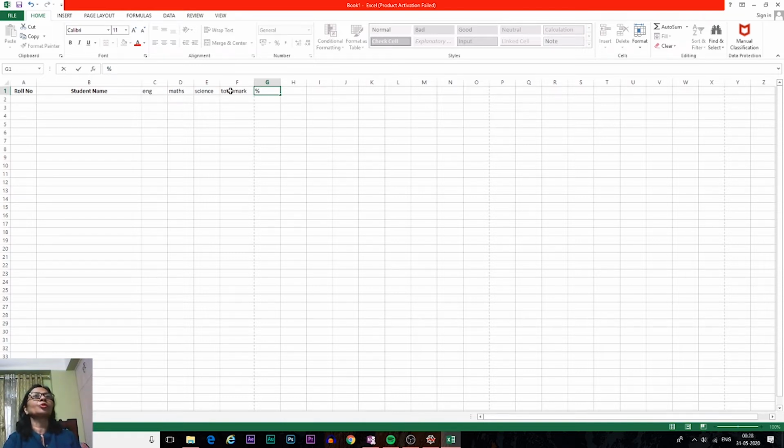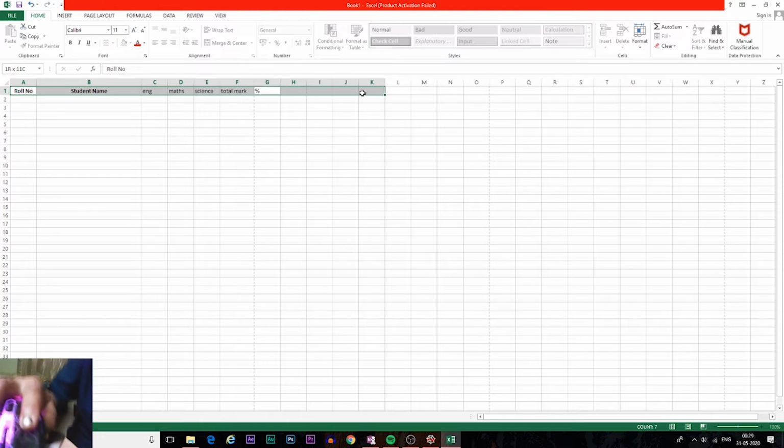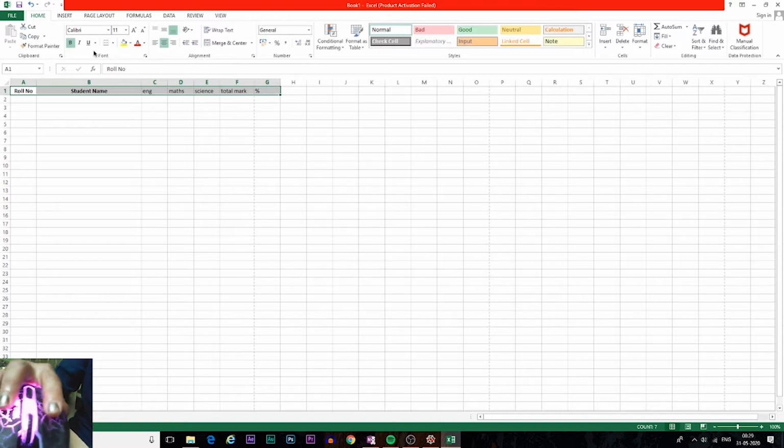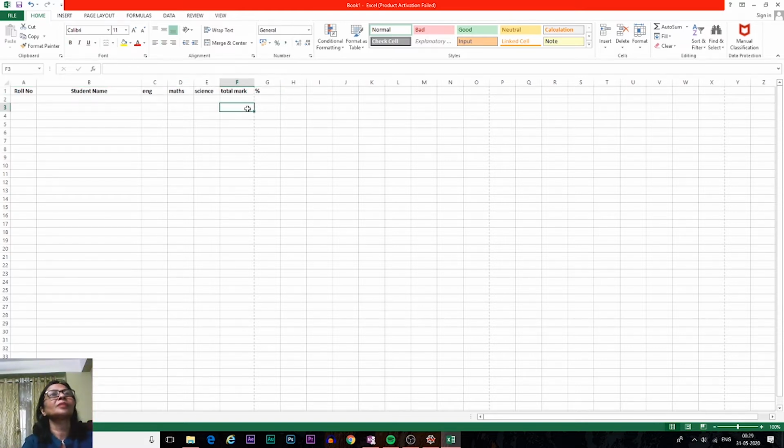So to select the line, press the left mouse button, and then drag it and make it bold. All will be coming as bold, and then release the mouse button.